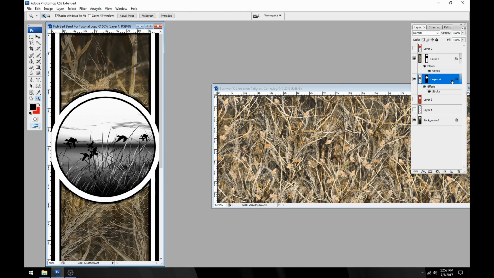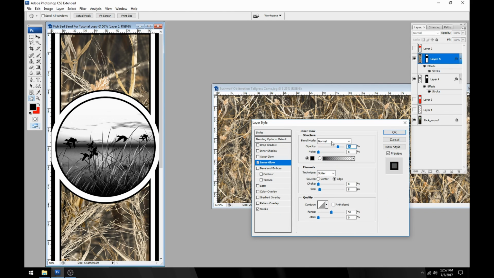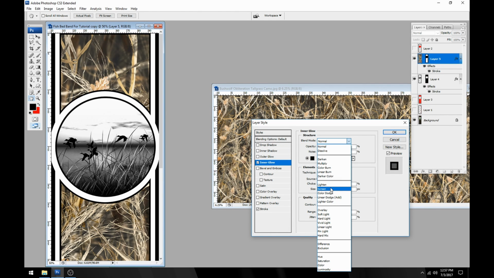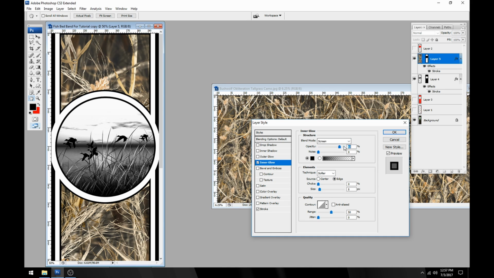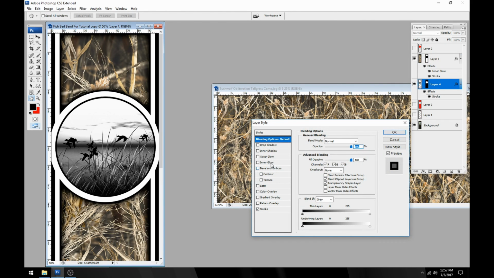Control D to deselect, and then you can kind of play with this. I guess my camo is still at a low opacity. So with this, we can do an inner glow if you'd like. Turn that black. Make sure you change this. It defaults to screen mode, and if you use black in screen mode, it disappears. So go ahead and change it to normal, and then if you notice the camo, we can add that black in, that shadow, as much as we'd like. Kind of gives it a 3D rolled edge look. I like the way that is. So we'll click OK there, and then you could also add a similar thing to